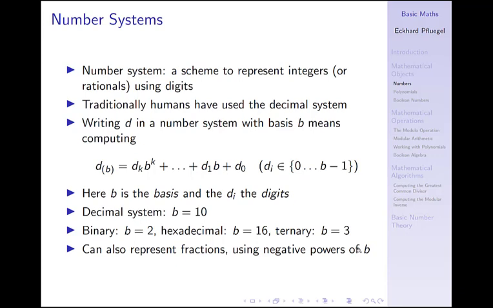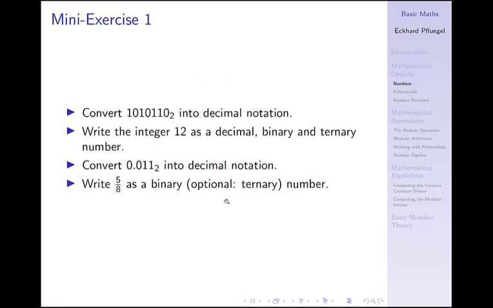0.1. So we introduce the comma or the full stop to then say anything further to the right of the full stop is actually a negative power, increasing negative powers or decreasing, depending how you see it. Okay, so that's in terms of introducing the theory, but it probably becomes clearer when you try to do the